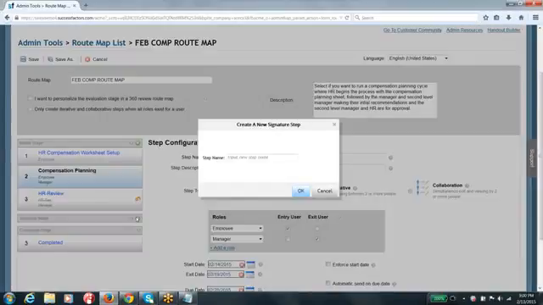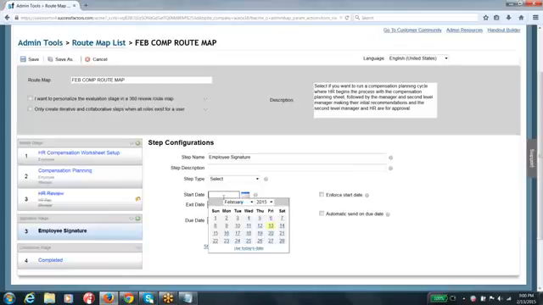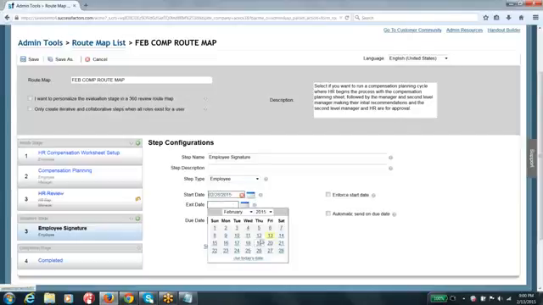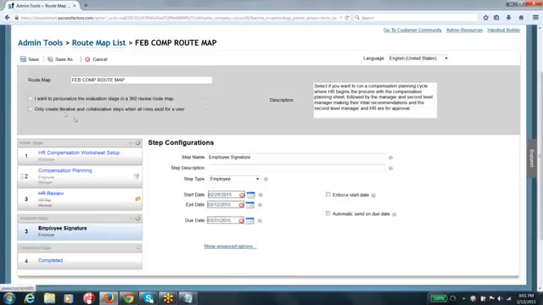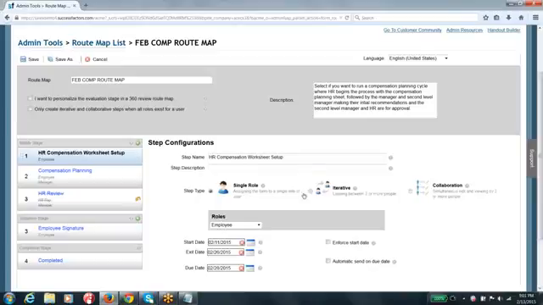Or let's say in the signature step, I want to add my own thing. Add your own dates, it's up to you guys, whatever you are interested in. You can go ahead and do that. Let's say my signature step date starts somewhere around February 28th, and it can be up to the end of March. Go ahead and save that. I don't know if it's saved or not. Okay, yeah. So you can see this is how you are going to configure your roadmap, guys.